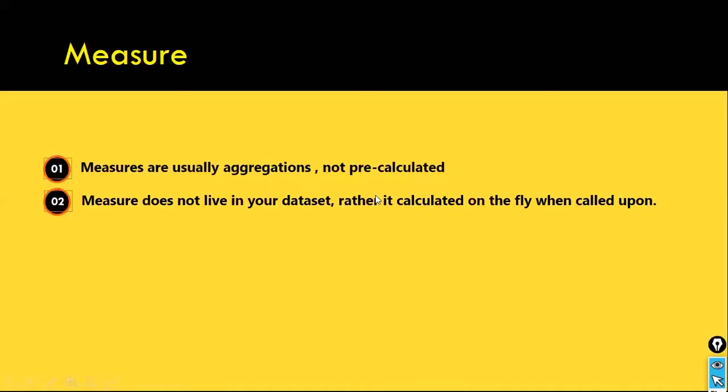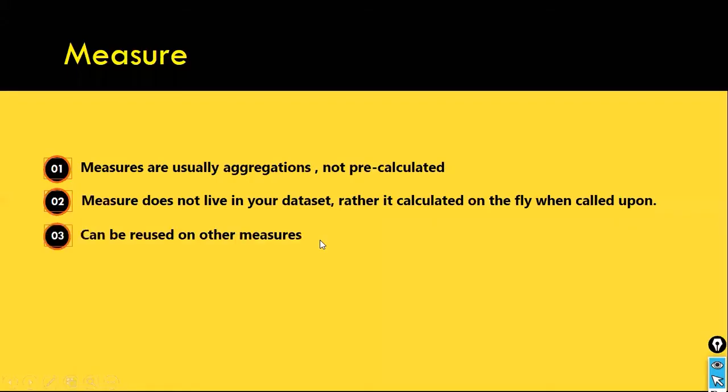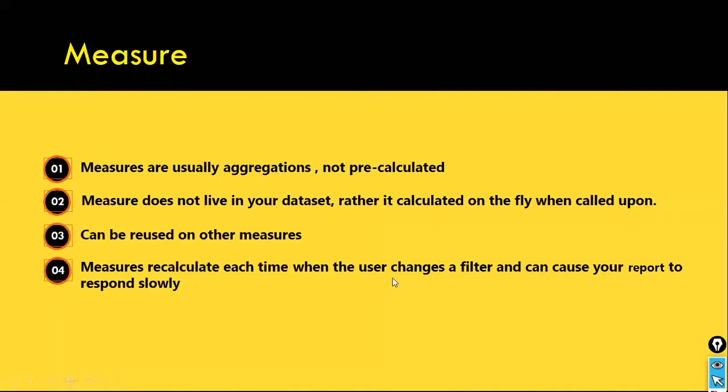The measure is not going to live in your data set. Rather, it is calculated on the fly whenever called upon. That's why I explained it. So this measure is not stored in memory. Unlike a calculated column, it's not stored in memory. It can be reused in other measures. The same measure I can reuse in other measures, which I will show you with another example. Don't worry. And measures recalculate each time the user changes the filter or the values in a slicer